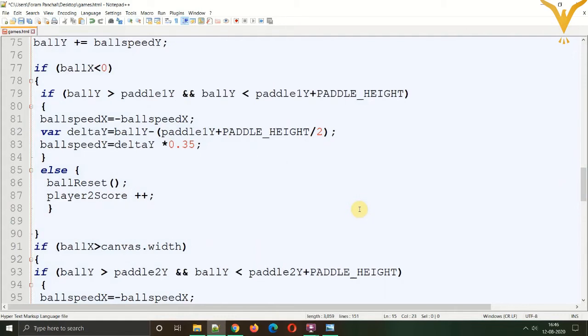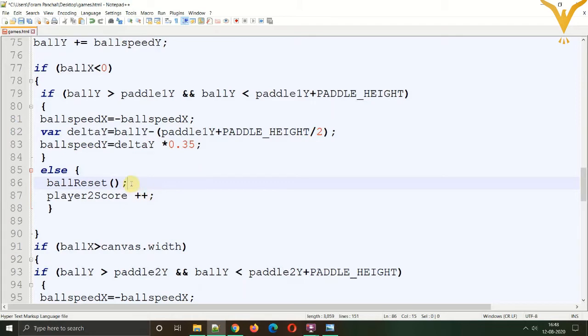Okay, so when the ball touches the left edge, in the else section we are modifying the score of the player. There is a minor error over here. What will happen is it will reset the ball first and then it will modify the score. So the current value of the score will be washed out and it will be modified by 1.